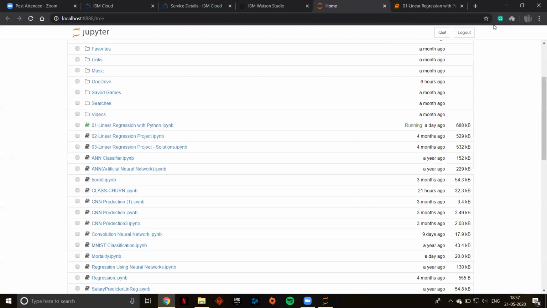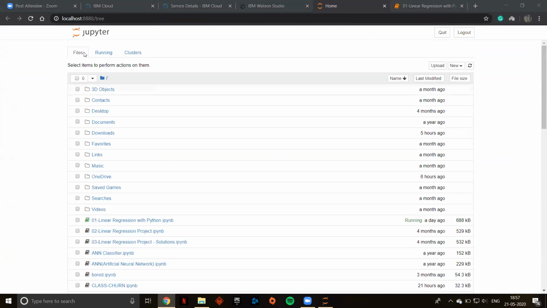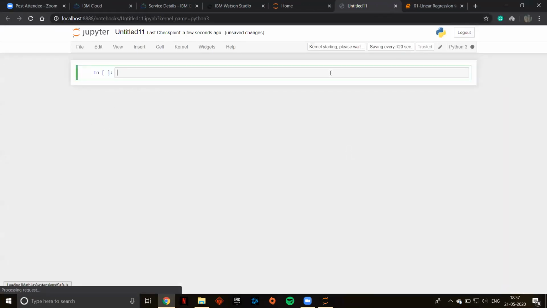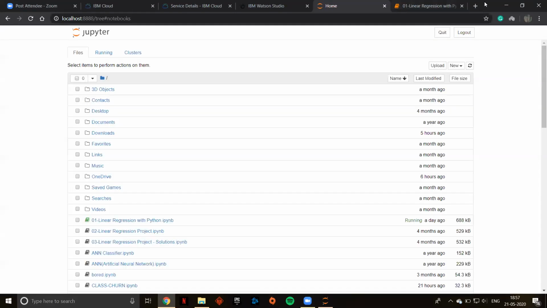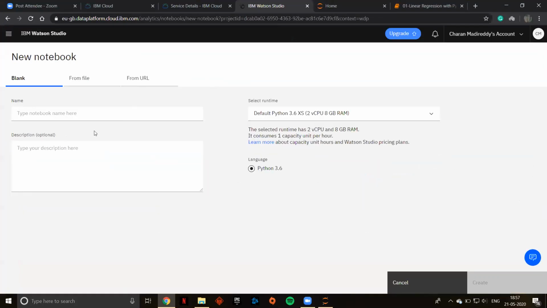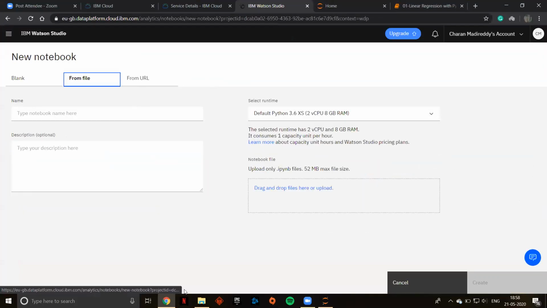See, this is your Jupyter notebook, right? New Python 3. If you select the blank option, you'll get this. It's the same in this Watson, so don't worry. I'm going to upload the notebook right now from file.